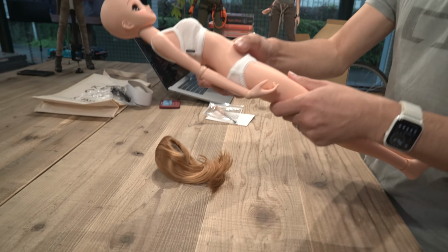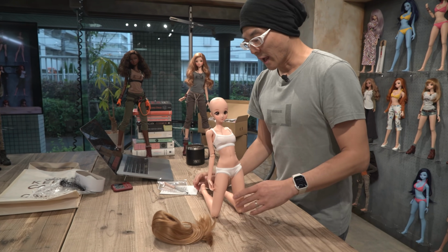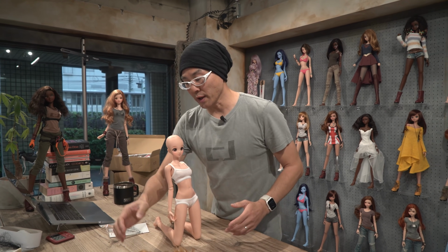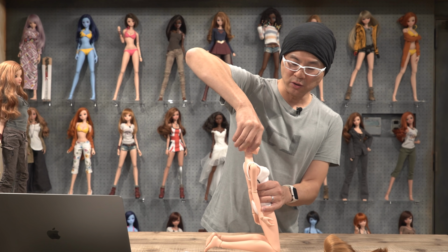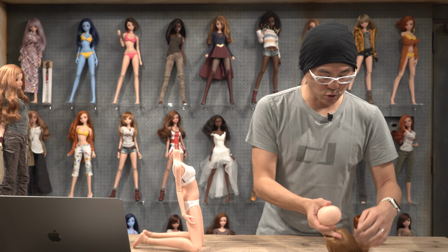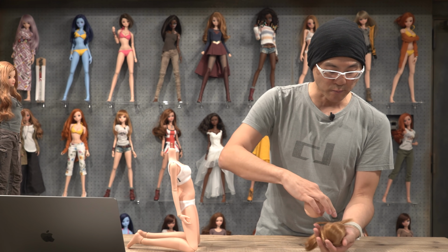So what I like to do is put them on the knees like so, and then that helps facilitate pulling the head off. I prefer to pull the head off before I put the wig on. So hold the body and then hold the head and then twist it off like so. All right, and then to attach the wig, what you do is,